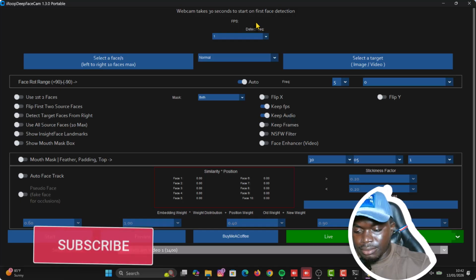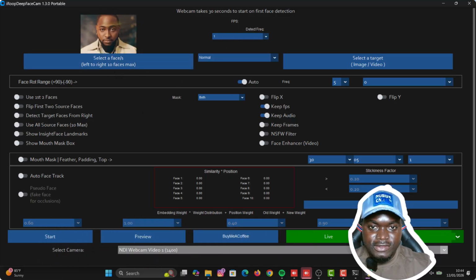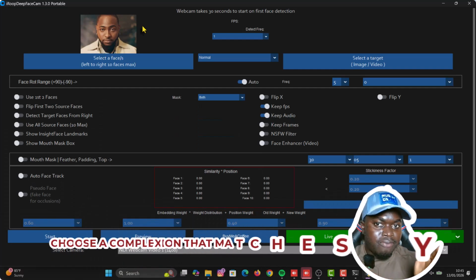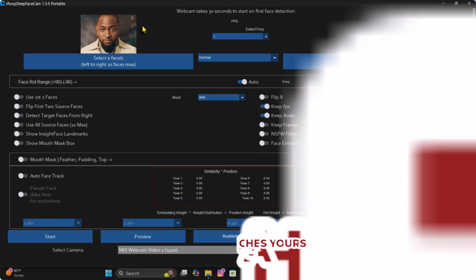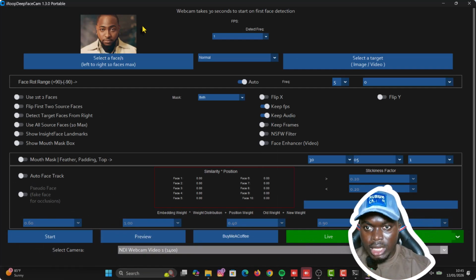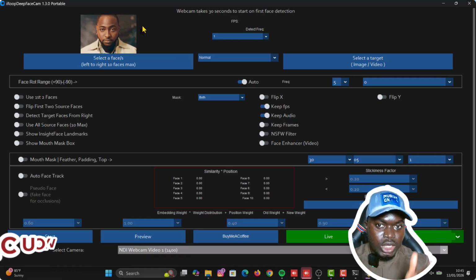Great. Okay, so I'm using this celebrity Davido, if you know him. Yeah, so I'm using this complexion because I am dark skin complexion, and I'm focusing on this face swap section in this video tutorial. Okay, so let's try and get this right, and you see how you can use it